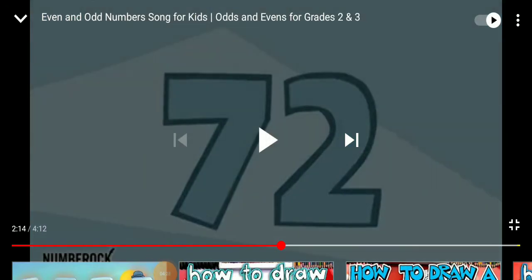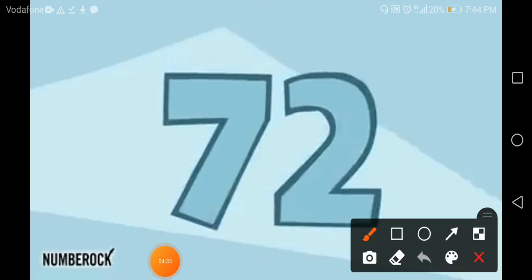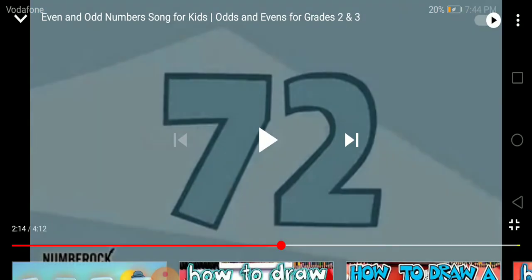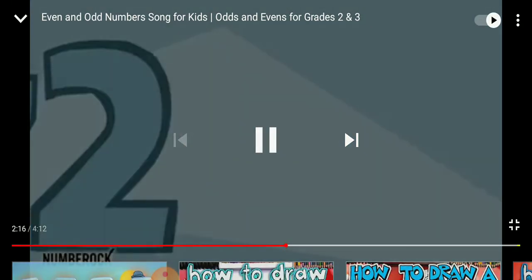Okay, now we have bigger numbers. So, bigger numbers here, what do you think? I have 72. So, I look at the ones. This is the ones. Is this ones digit even or odd? 2, even. So, the whole number is an even number. Let's continue. It's even because it ends in 2. Or what about the number 93? That number's odd because you see the last digit's the odd number 3, which means it can't be evenly split.